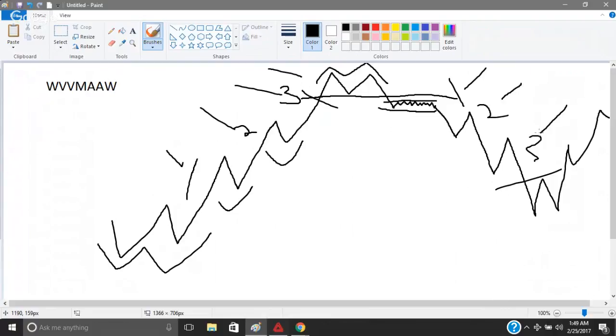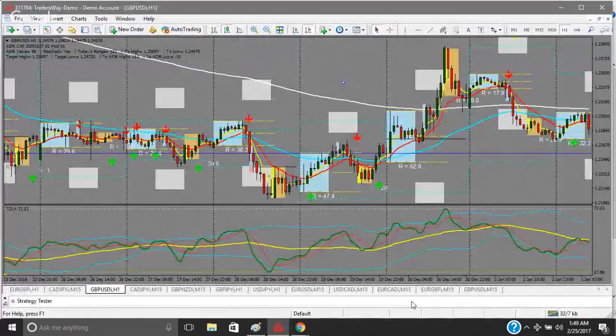Okay. And the curtain has been pulled back. And now you get to see who Oz really is. You get to see who the market makers really are. All the dirty tricks that they've done to you before. Everything. You get to see who they really are on this. 1, 2, 3. These are their objectives. Let me go ahead and bring it to a real chart for you guys.